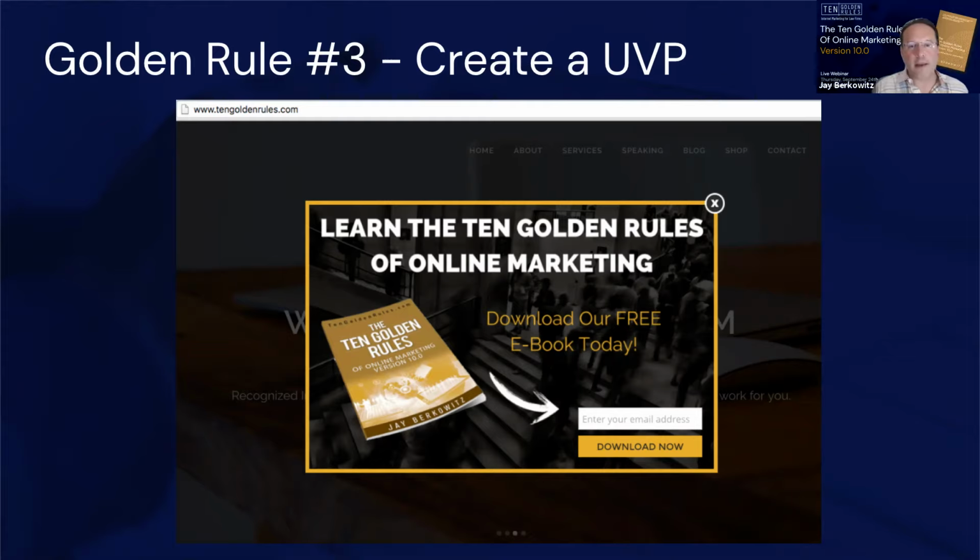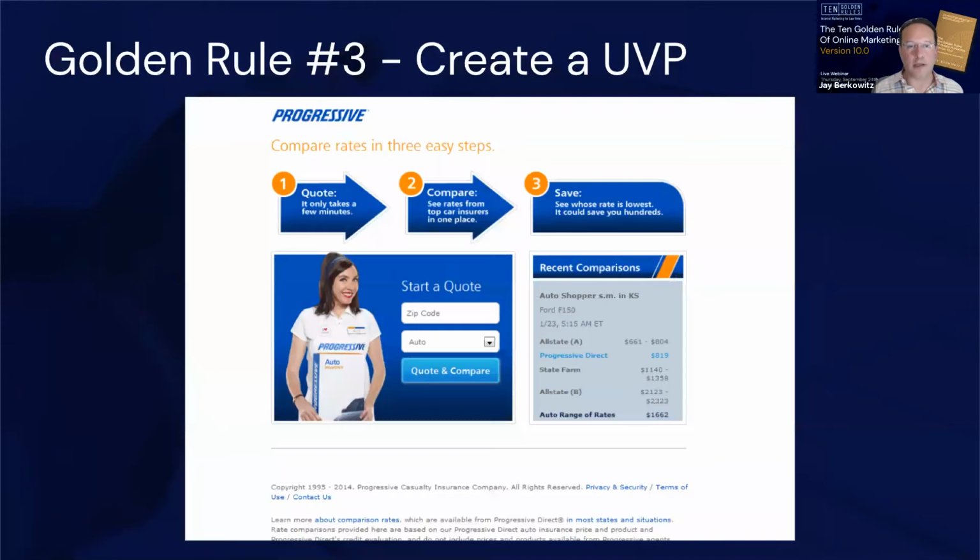And we built our email list with opt-ins for people looking for the 10 Golden Rules. So again, it's an engagement device to give people what they want and get a higher engagement opportunity. And there's all kinds of examples of these on the internet. Progressive gives you price quote comparisons,